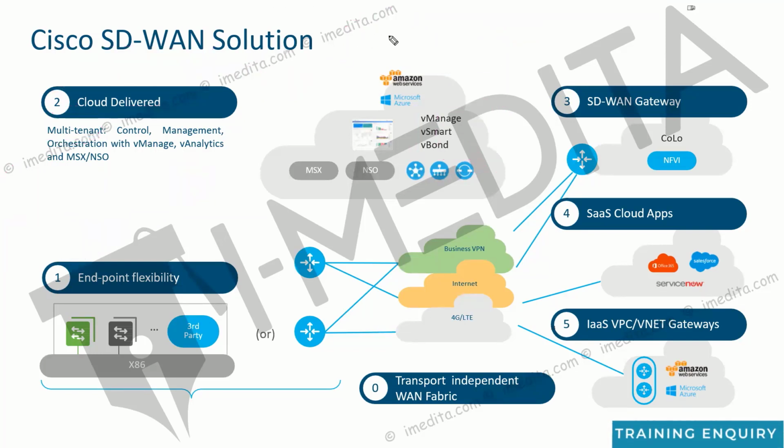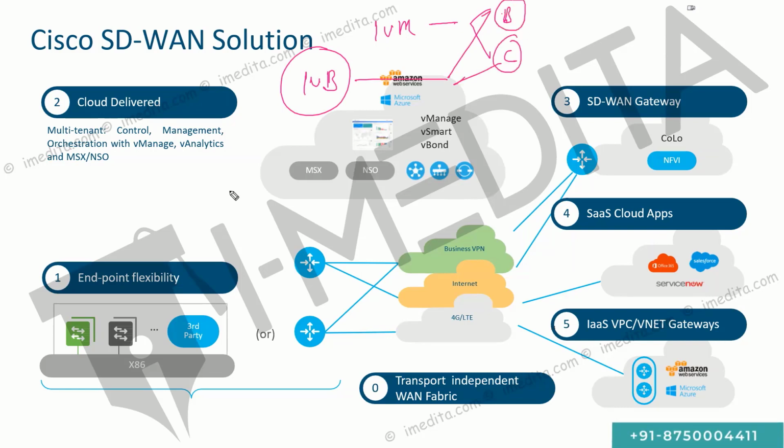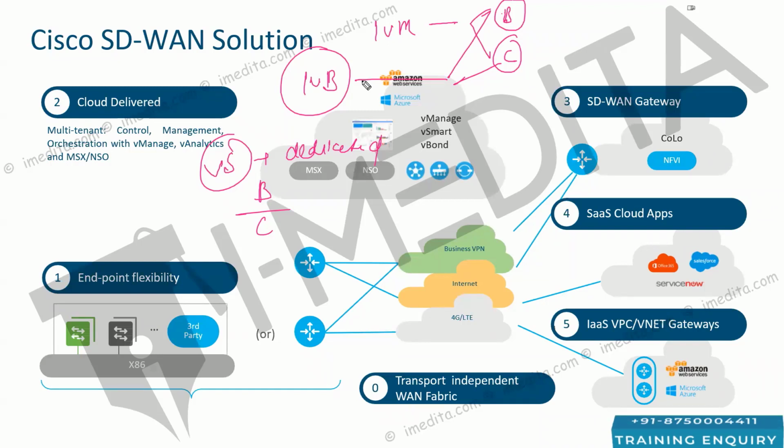It means there will be one set of vManage resources managing the devices of organization B and organization C. There will be one vBond which is responsible for managing the devices of both B and C. vSmart is not shared, vSmart is dedicated, so it will be separate for every customer. But the vManage and vBond resources can be shared by multiple tenants